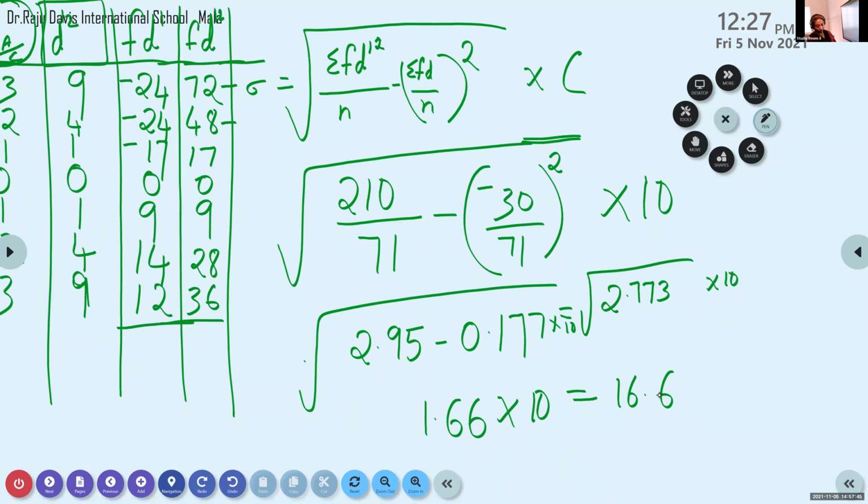In this topic, you have only one more topic remaining. You don't have mean deviation, quartile deviation, and range. No, it's deleted for this year. So the coefficient of variation of mean deviation, range, quartile deviation you don't have. But you have to learn about the coefficient of variation of standard deviation. Coefficient of range you don't have. Coefficient of mean deviation also you don't have. Quartile also you don't have.